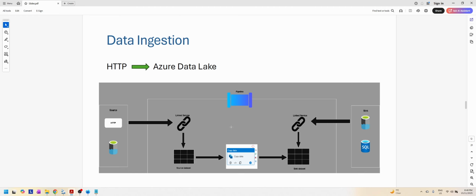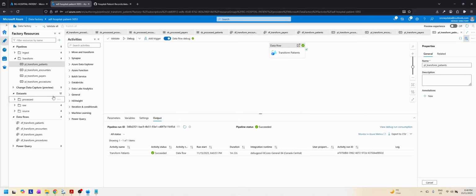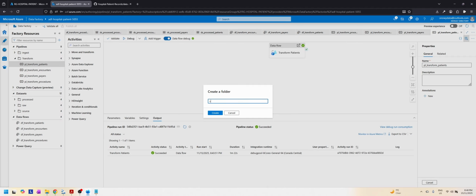So we already created a link service to communicate with our SQL database, but we haven't created the sink data sets for this SQL database. So now we need to create that, as we will be copying data from the processed or these transformed folders or sources to now SQL. So let's do that. Let's create a new folder first. We're going to call it SQL,